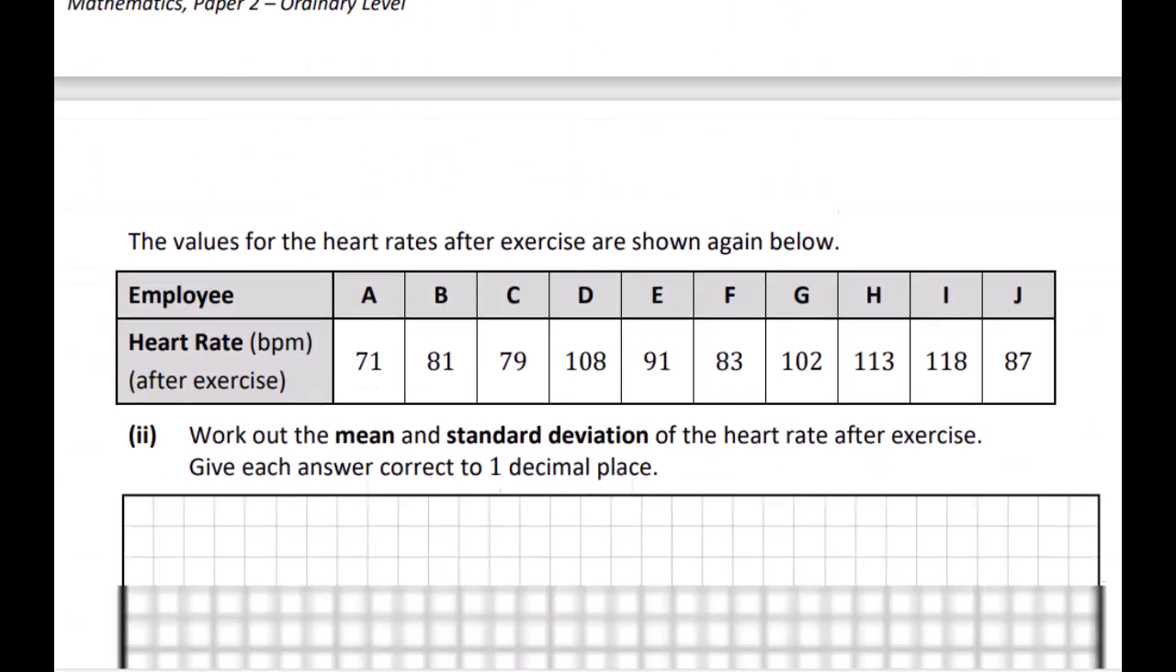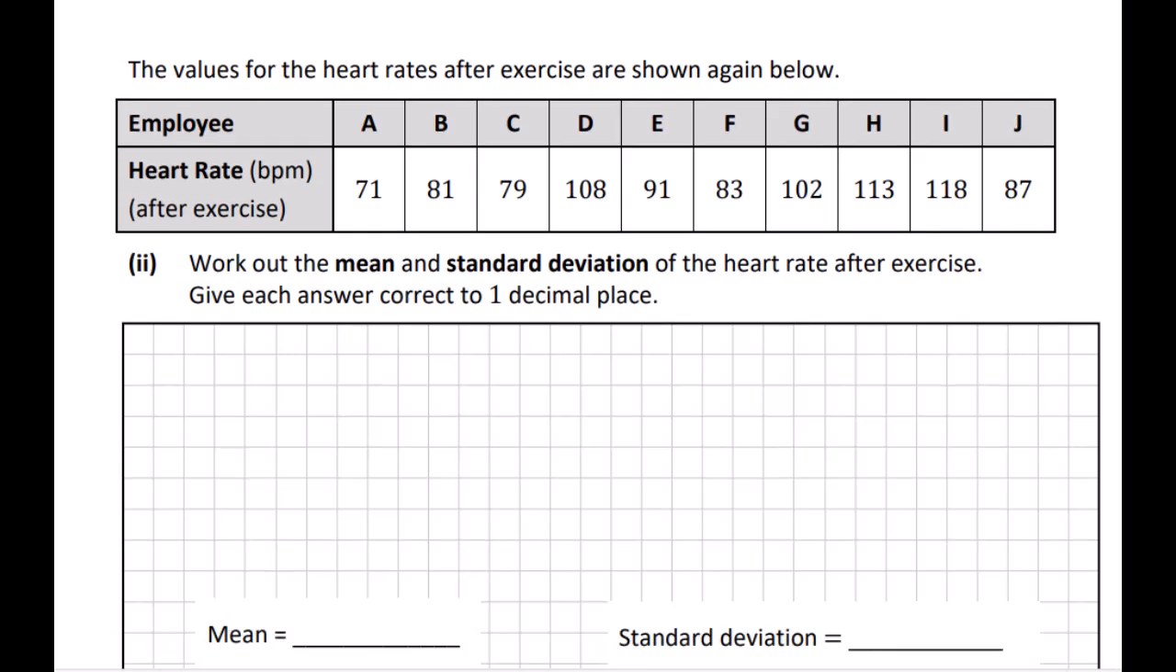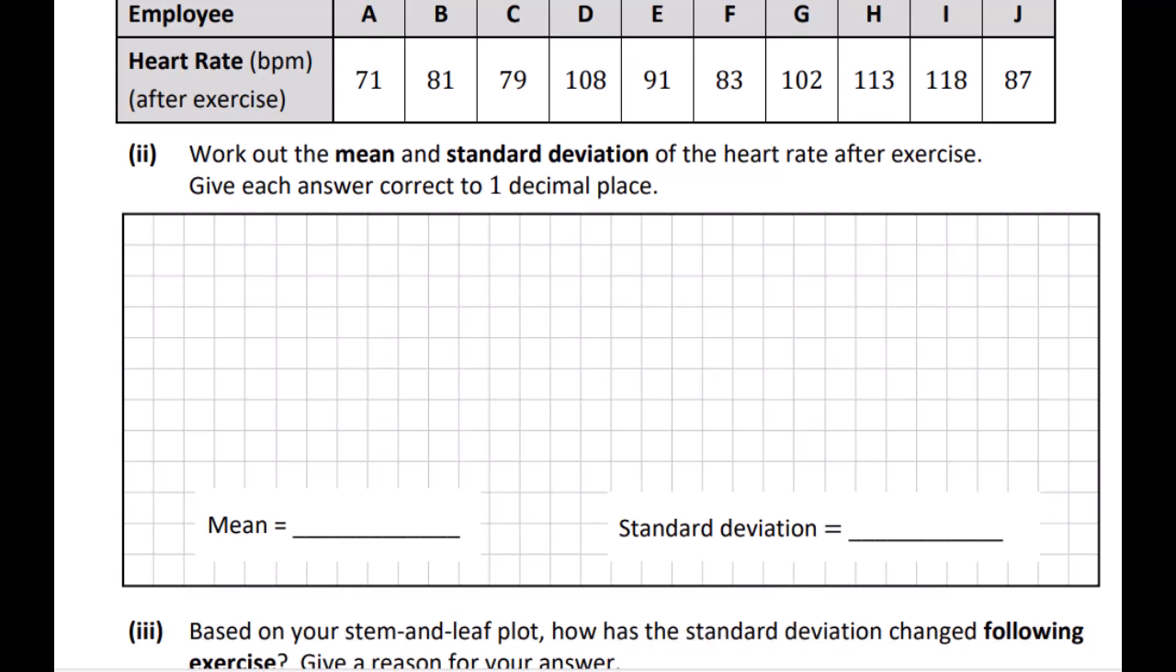Let's have a look at the questions here. The values for the heart rates after exercise are shown again below. Work out the mean and standard deviation of the heart rate after exercise. Give each answer correct to 1 decimal place. So there is a manual way of doing these, but it's probably best just to type the information into your calculator. Your calculator will do it for you. So you should find when you do that, the mean will